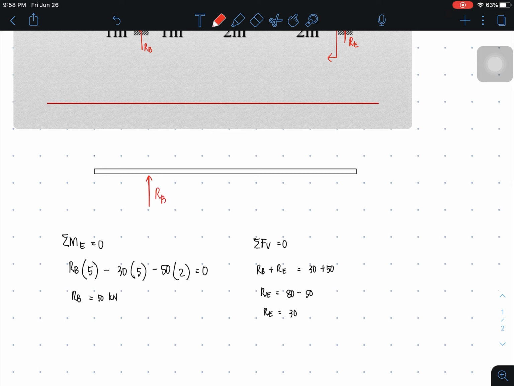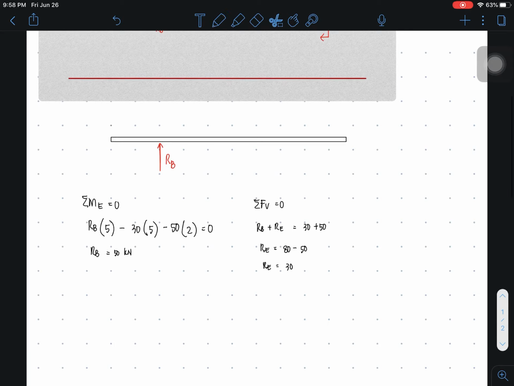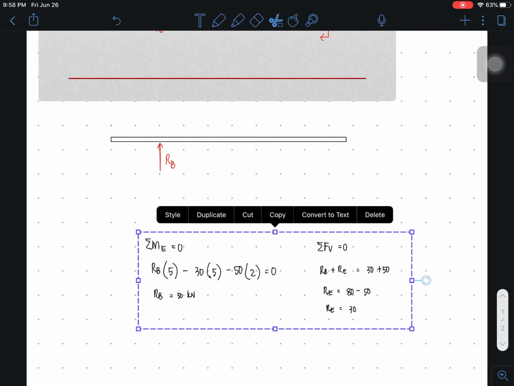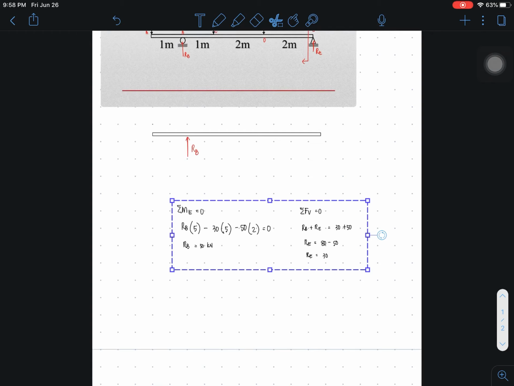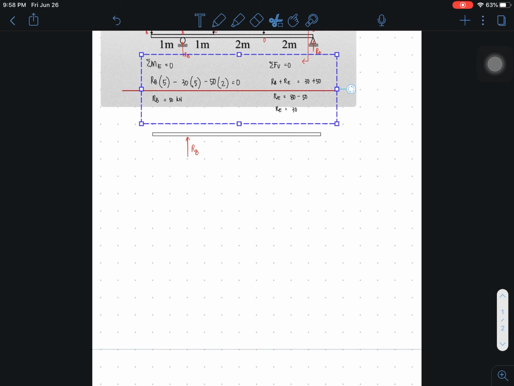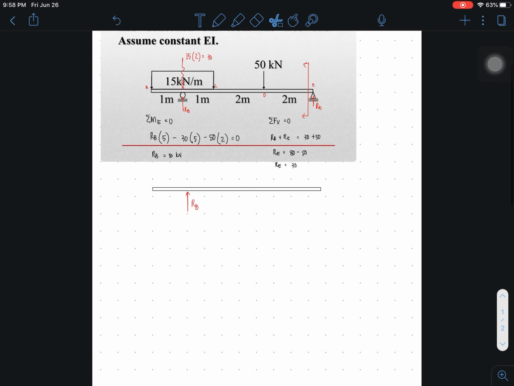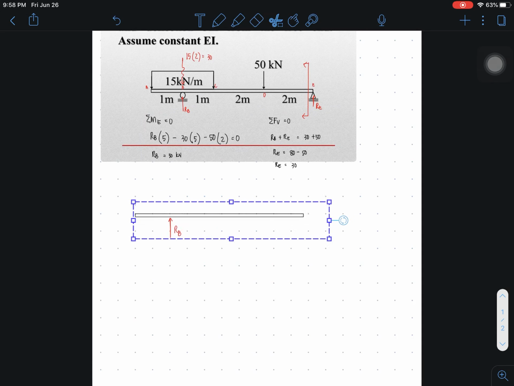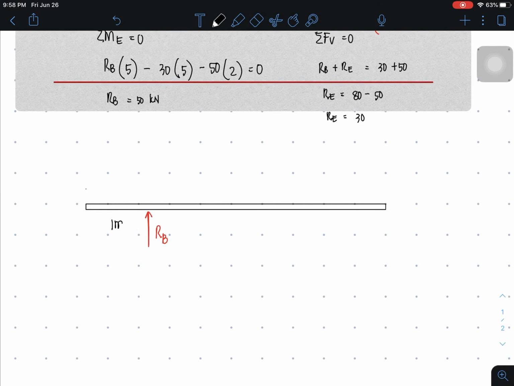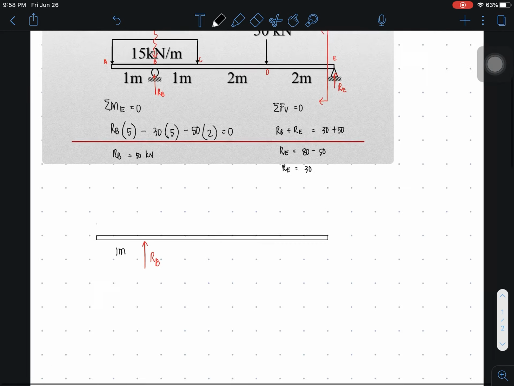This is RB. Ito na sa ning isibog gihapon. Kani atong isibog here, and then this is 1 meter, and